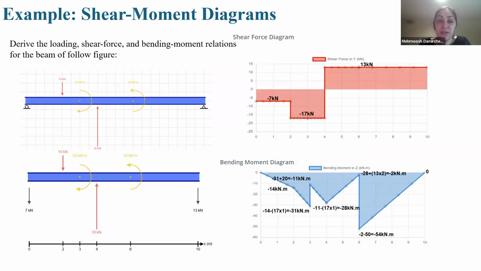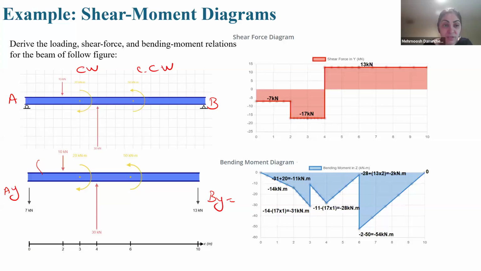Okay, another example of the shear and moment diagram, when we have both of them, means we have concentrated loads and concentrated moments simultaneously. So it is 10 kilonewton, it is 30 kilonewton, it is 20 kilonewton meters, and it is 50 kilonewton meters. For example, it is clockwise, it is counterclockwise. Okay. The first step, we should find the support reactions. I name A, B. So AY, you see 7 kilonewton, and BY is 13 kilonewton.